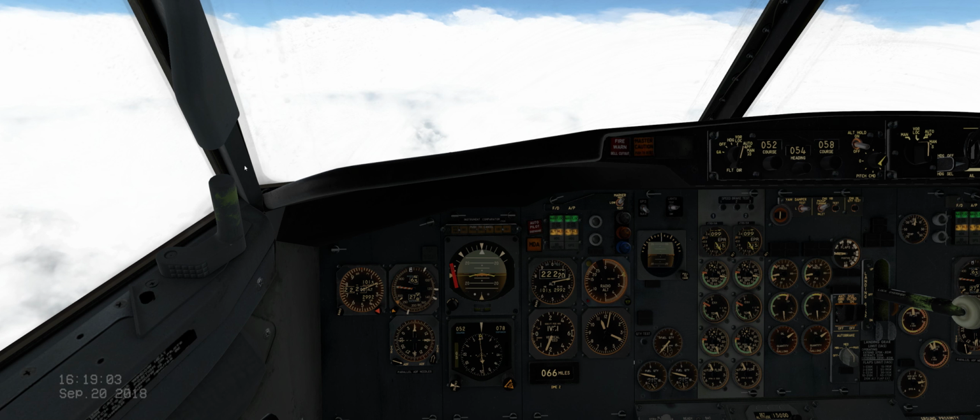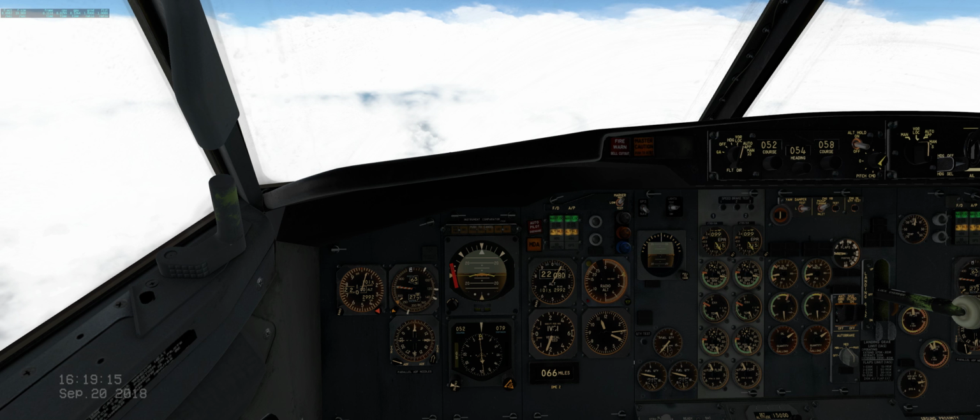Just out of curiosity, I want to check my frames. Holy moly. Yeah, there's something running on my PC. I wonder if it's the weather, the clouds or whatever. Something's running that's causing my frames to just be a nightmare. Hopefully, once I get under the clouds,